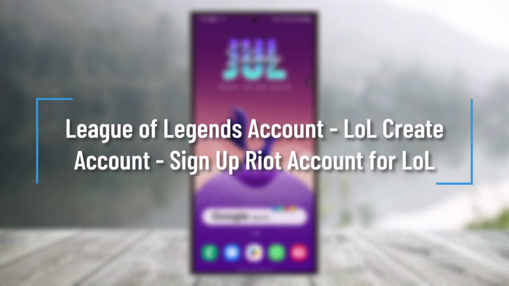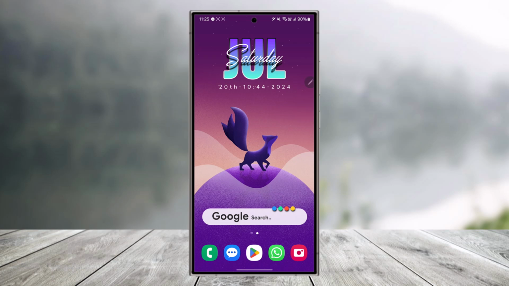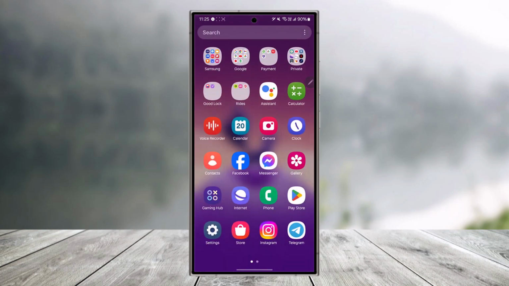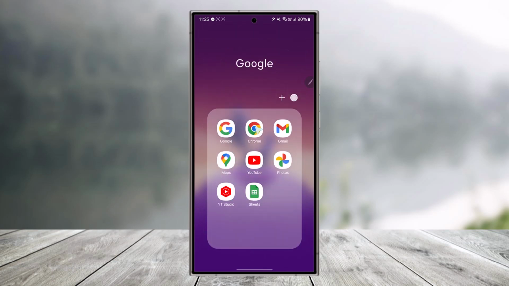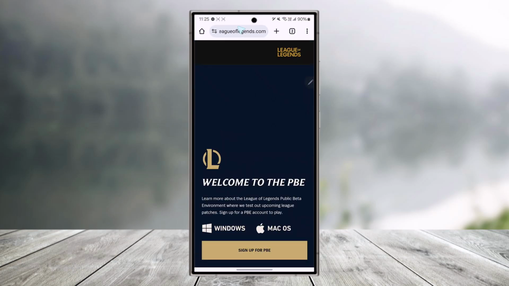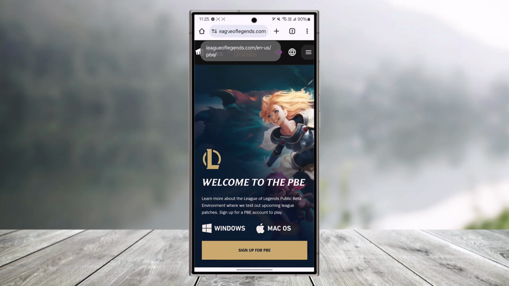League of Legends account, LOL create account, sign up Riot account for League of Legends or LOL. Now LOL basically means League of Legends and not laugh out loud, and it's one of the games from Riot Games. And if you want to create an account on it, simply open up your browser and head over to